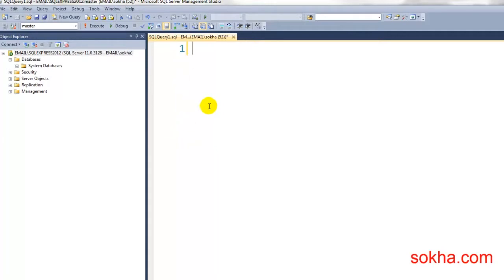Okay, let us create a new database. Notice on the left hand side, this is the default database created by SQL on the new installation system. So I'm gonna type a command to create a new database. So I type create database,